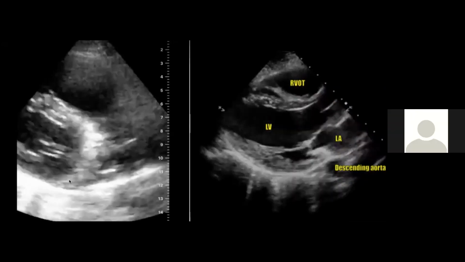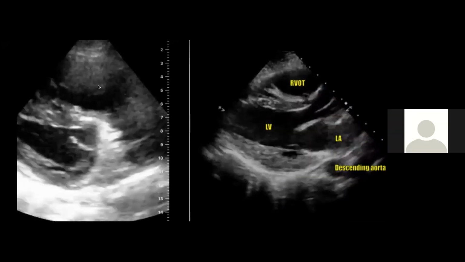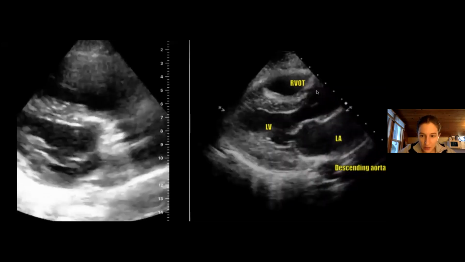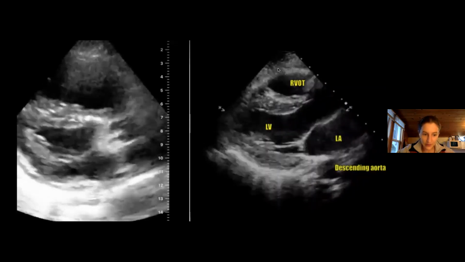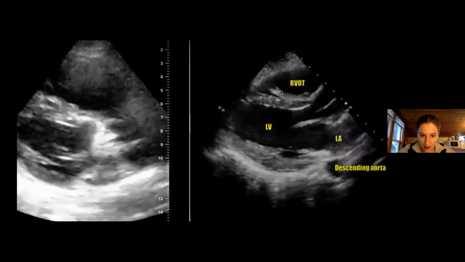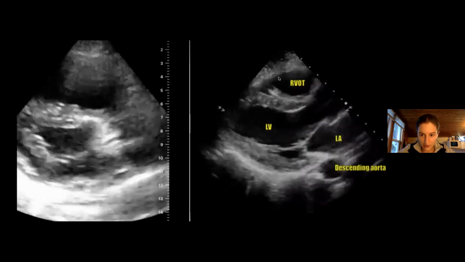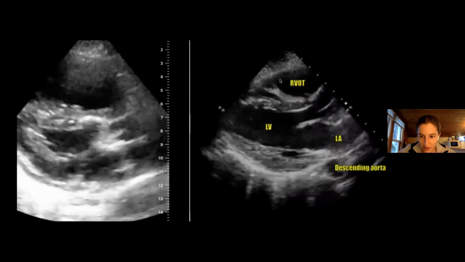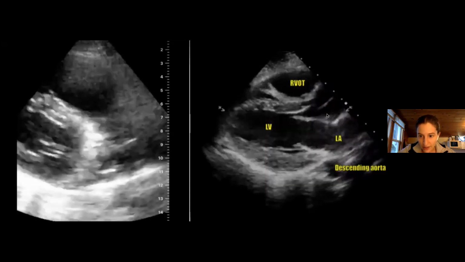The right ventricle looks huge. The right ventricle is huge. So without going extensively into measurements, on the parasternal long axis, the right ventricle, the aorta,